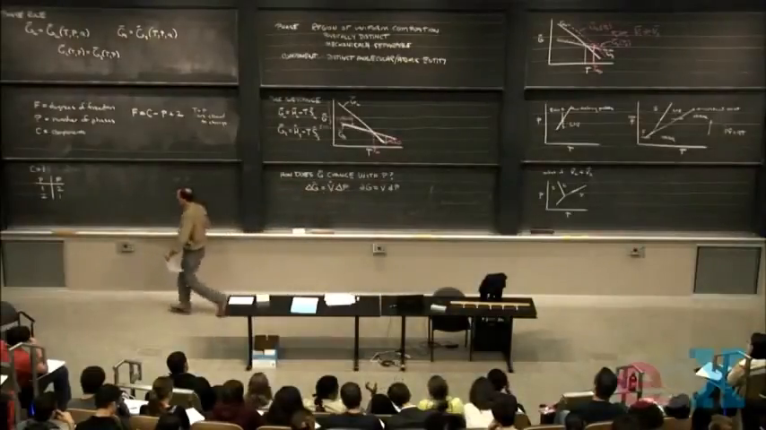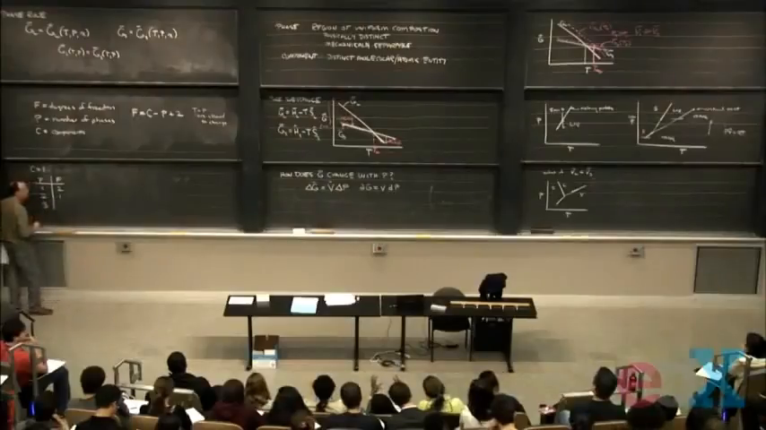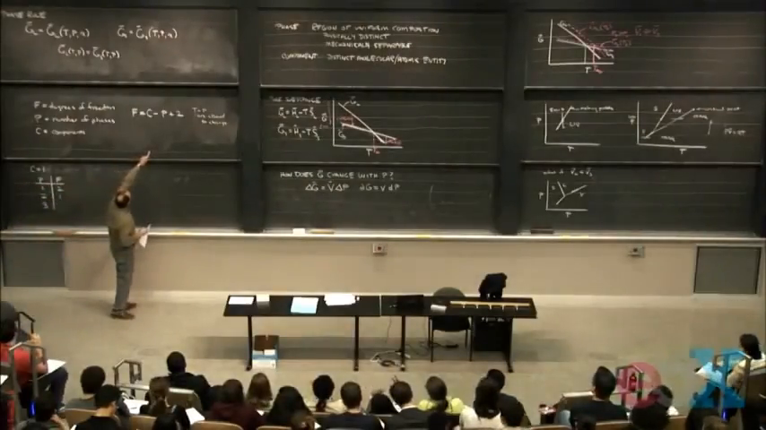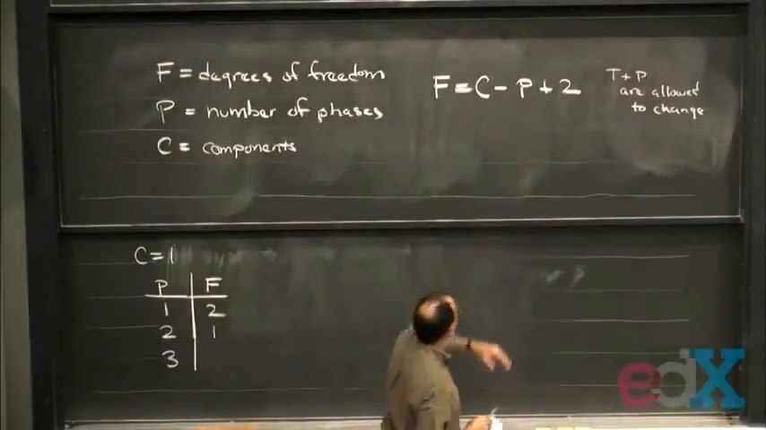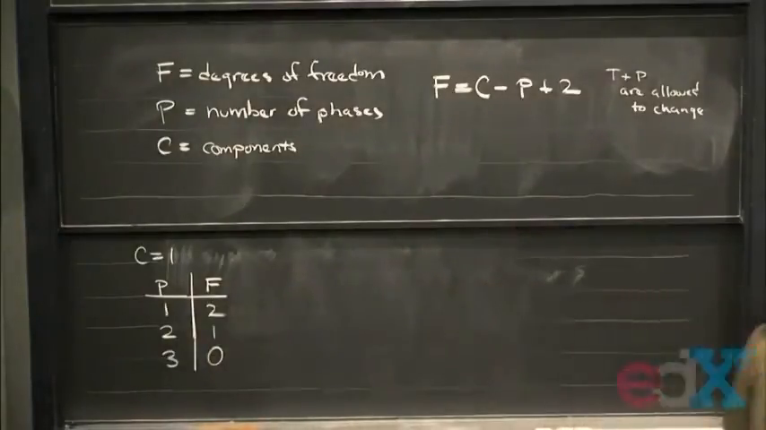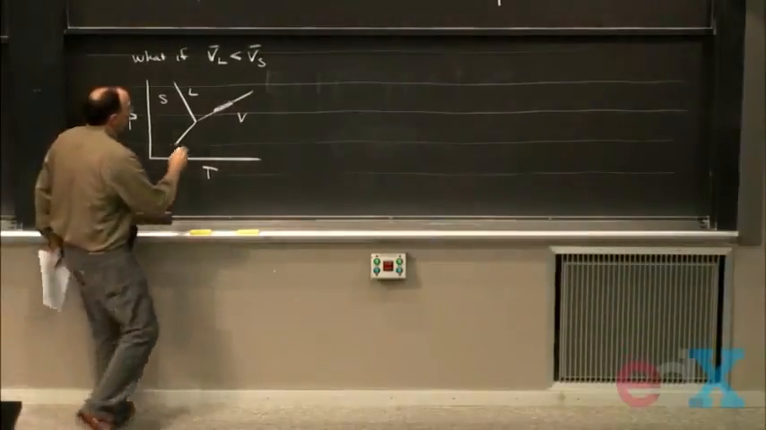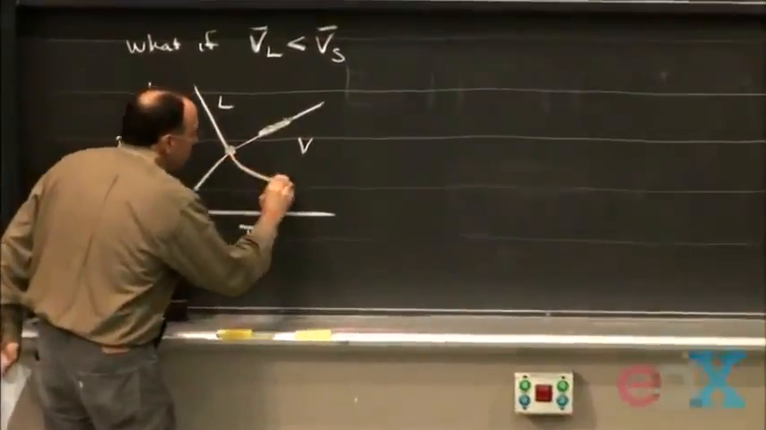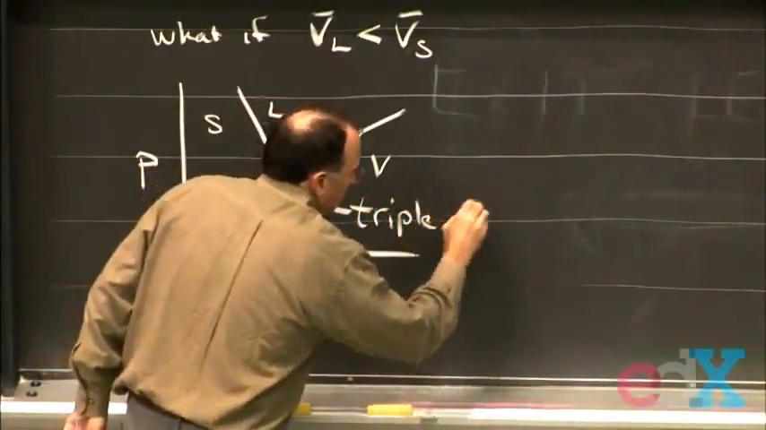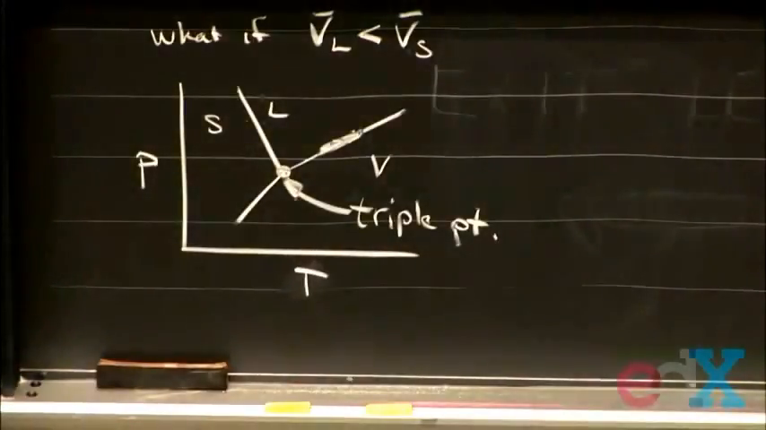And the last one, for a single component, is 3 phases. If I have 3 phases, well, that means 1 minus 3, that's minus 2 plus 2, that means there's 0 degrees of freedom. What's that about? Well, of course, you go right here, and the point that I purposely left out in my discussion was this one. It's called the triple point. It's the only point in the phase diagram